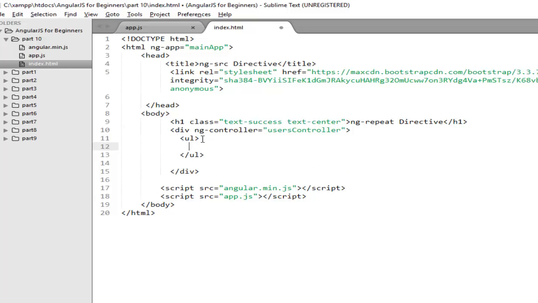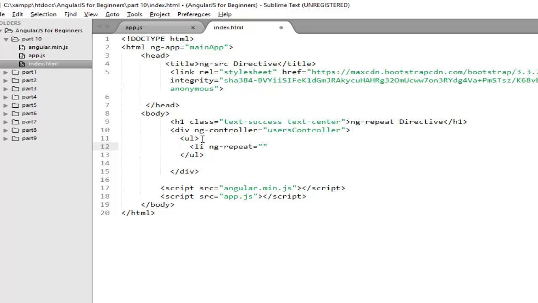Now where to use ngRepeat? To make it clear, you need to use the ngRepeat directive on the HTML element that you want to repeat. I want to repeat my li tag for each user, so you need to use the ngRepeat directive on the li. So I will say li ngRepeat.